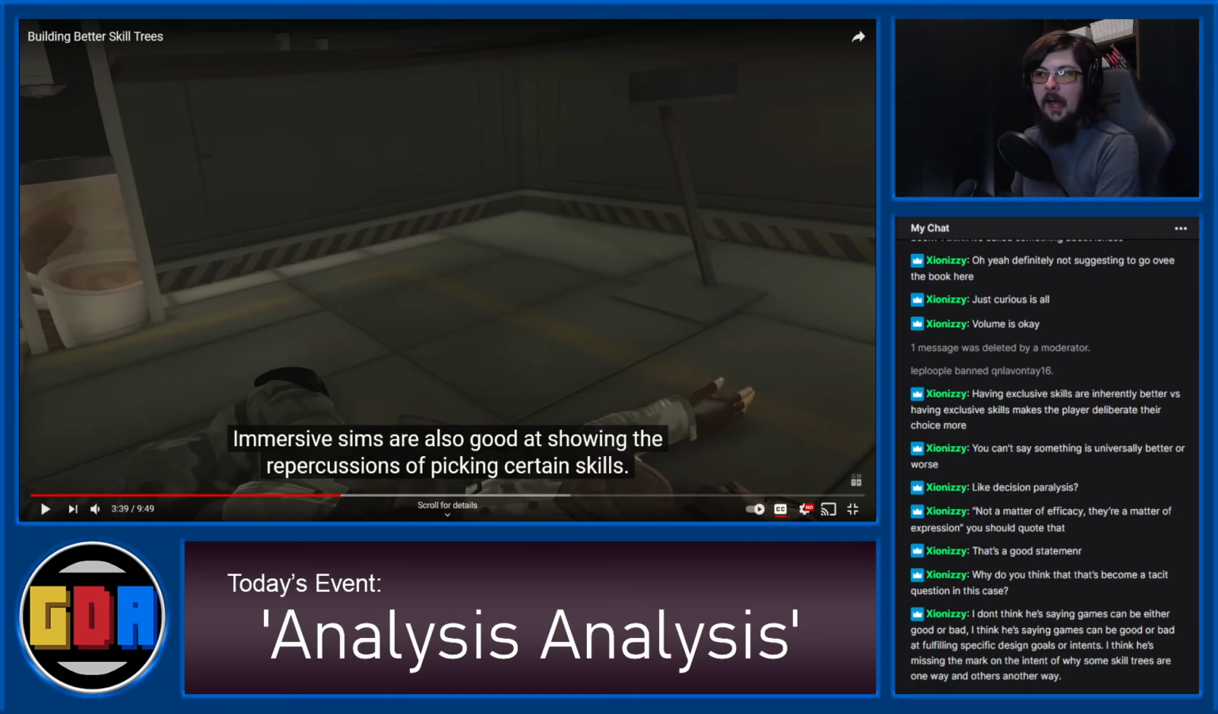Well, I think you're mostly right about that. He is missing the mark on the intent of why some skill trees are one way. But I think the issue is that he's decided already, ahead of time, that skill trees should be a certain way. And the reason he's stuck with that is because I think he's already determined that games can be